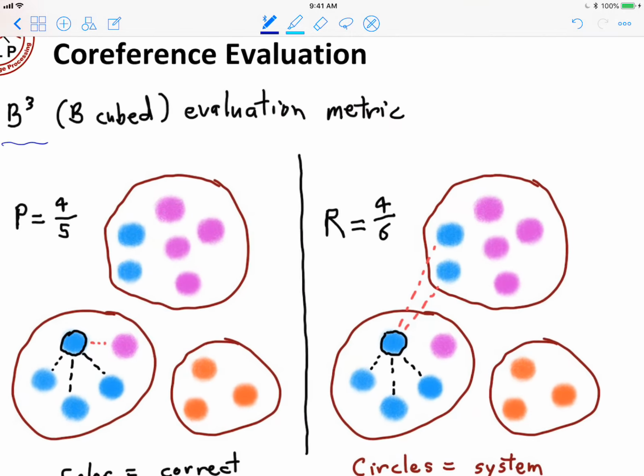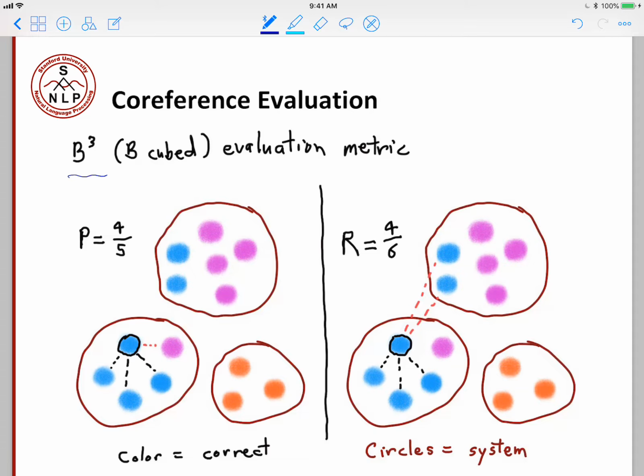In this case, the color is the correct label, and the circle or this kind of group is those found by our clustering algorithm or by any kind of linking thing. And so here, this B cubed metric is computed as follows. We consider each of our data points and compute its precision and recall with respect to its associated group,